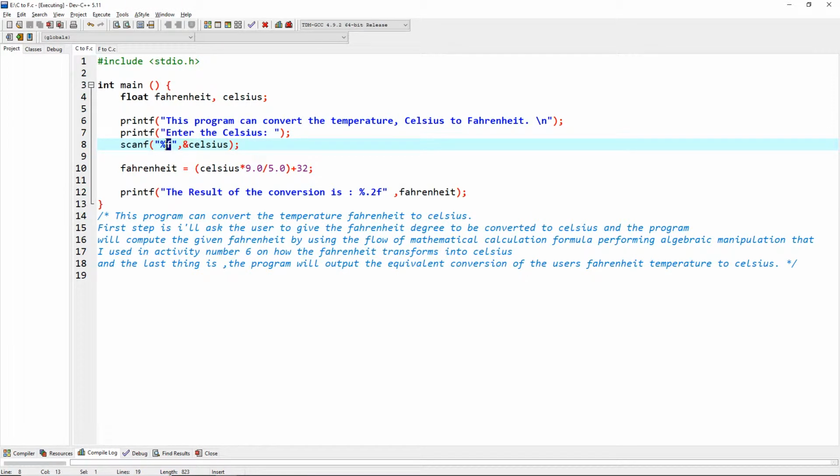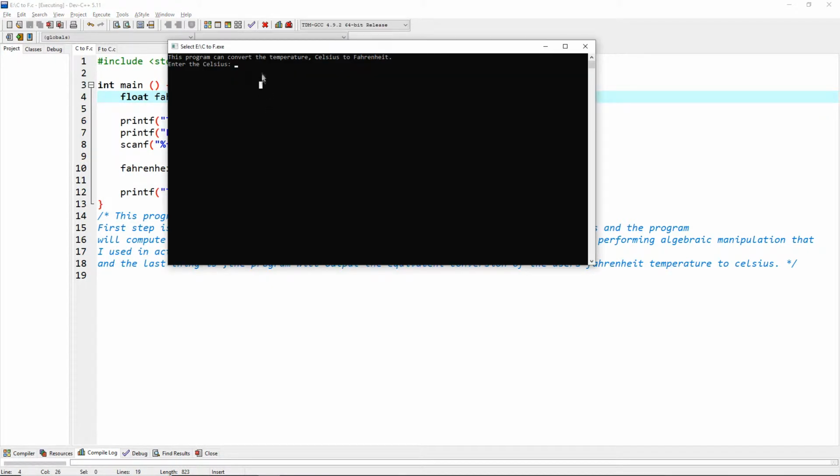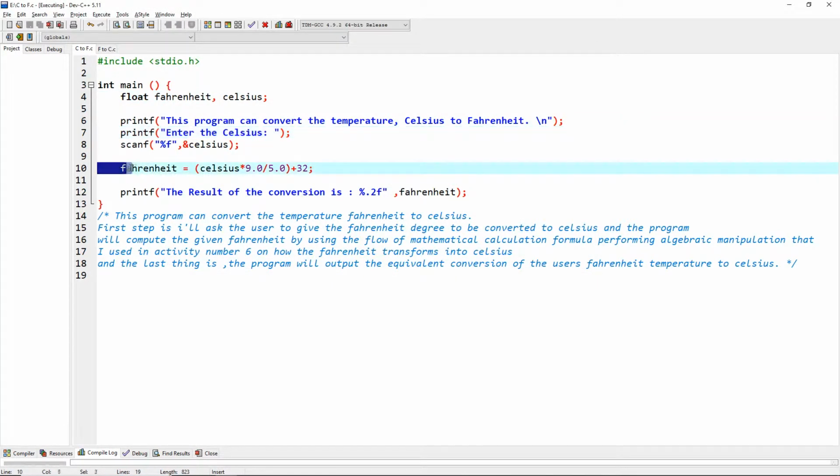So here we use %f because it's a float, and a Celsius variable to hold the kind of number or temperature that you need to convert. So 36, and this is the formula on how to convert Celsius to Fahrenheit. Celsius, that was from the input of the keyboard, times 9.0 divided by 5.0 plus 32, and the answer is